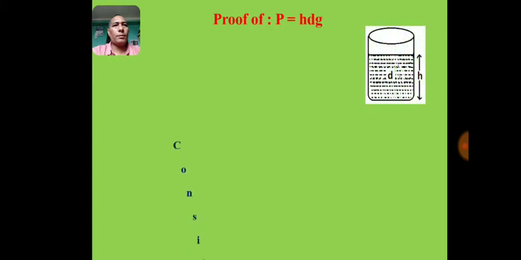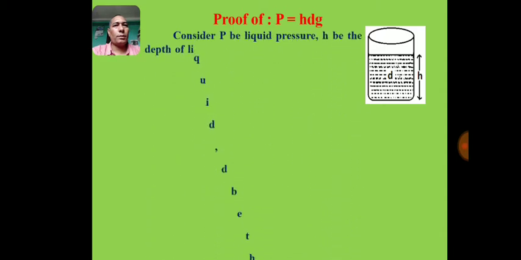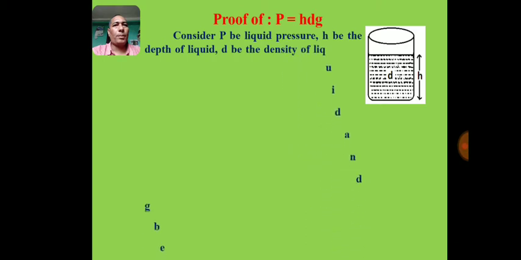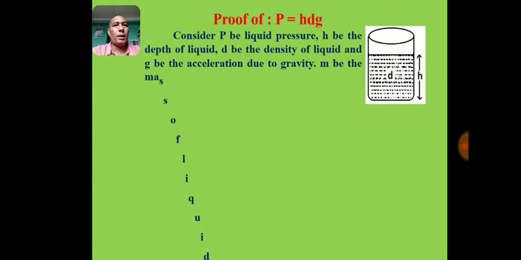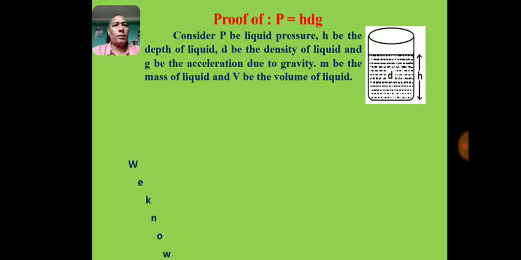Proof of P equals hdg. Consider P be liquid pressure, h be the depth of liquid, d be the density of liquid, and g be the acceleration due to gravity. M be the mass of liquid and V be the volume of liquid. We know